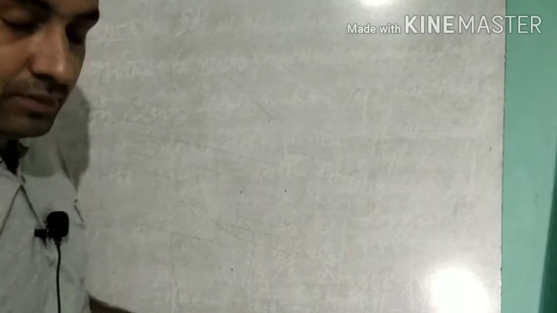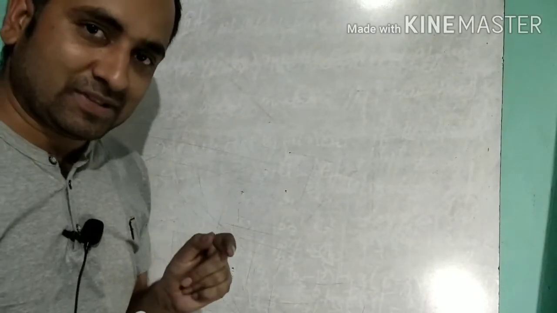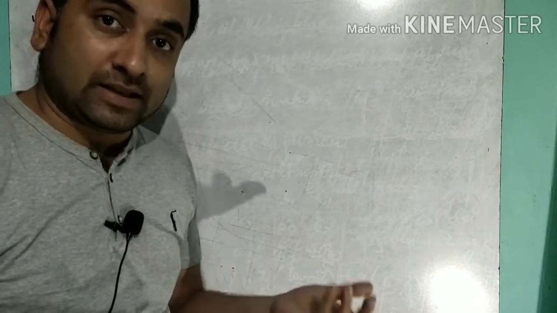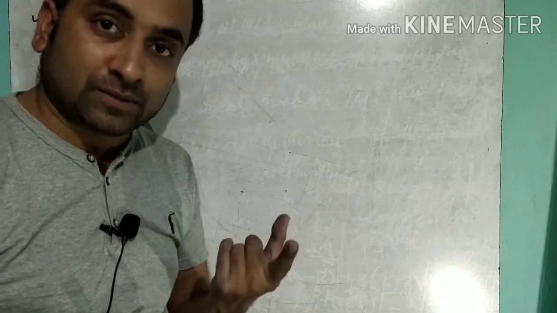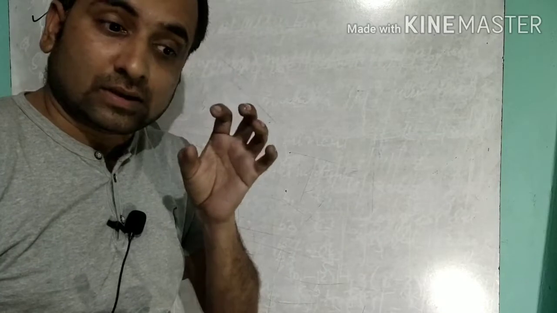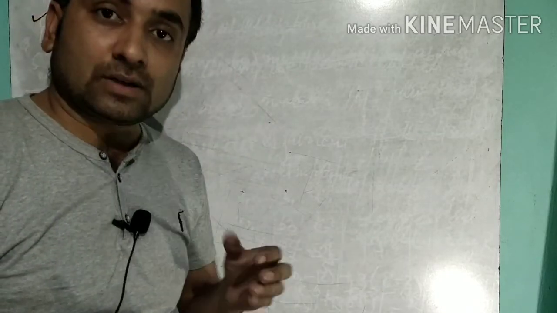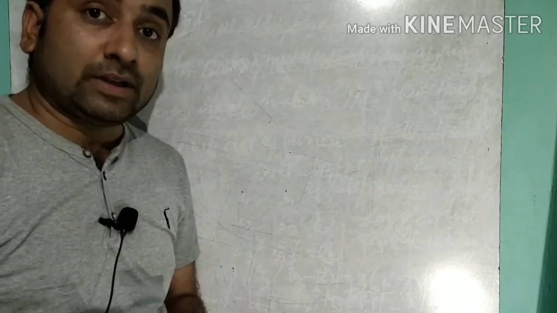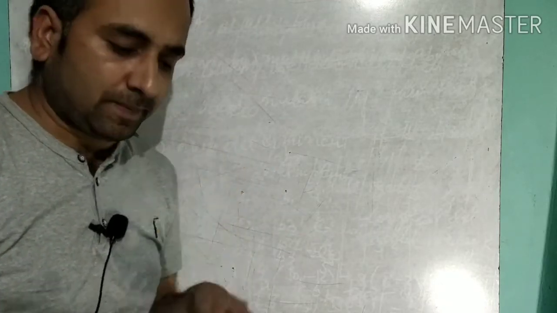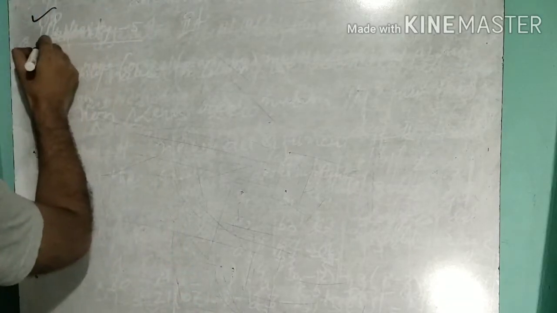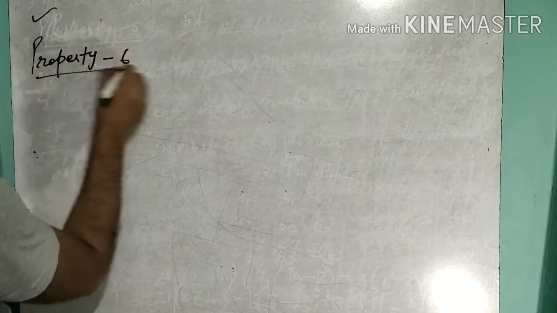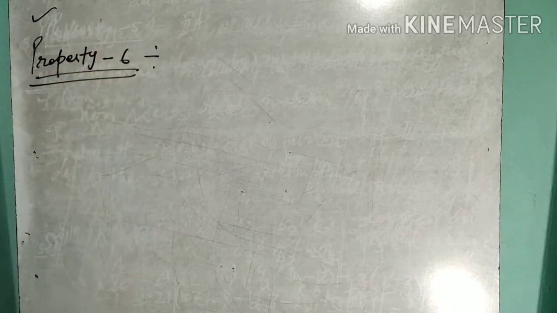We will use this property in a 4 marks question. Every time in each ISC question paper, you will get one question or more than one question, meaning 2 questions. The first question can be a 2 marks question, and the other will be a long type containing 4 marks. For the 4 marks question we need this property. So see the last property, property number 6.